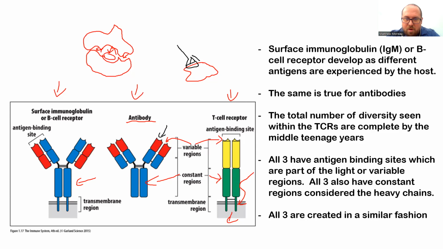And so therefore the constant region actually effaces out. It actually effaces out into the environment. And if you think about this, antibodies kind of act like C3b in complement, in that there is a component that sticks out, and so there's ability to bind to an antigen, to a pathogen. There's a component that sticks out of this